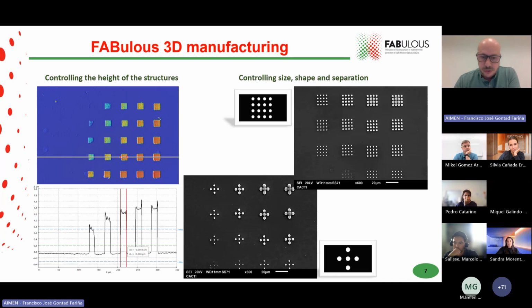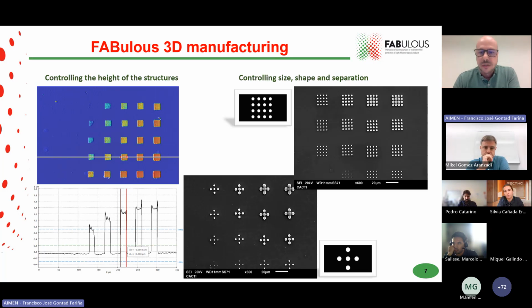Changing the diameter, controlling the diameters, and not only the diameter, but also the way they are distributed on the surface. And you can observe on the bottom image of the slide, we can define different arrangements that will produce different effects, like, for example, focusing, light bending,